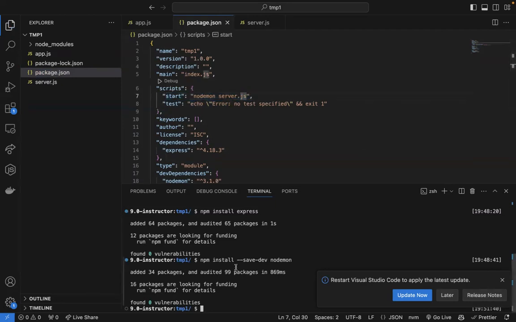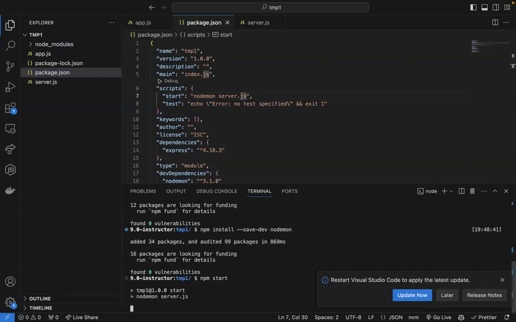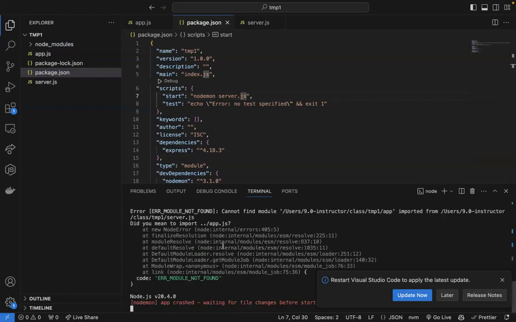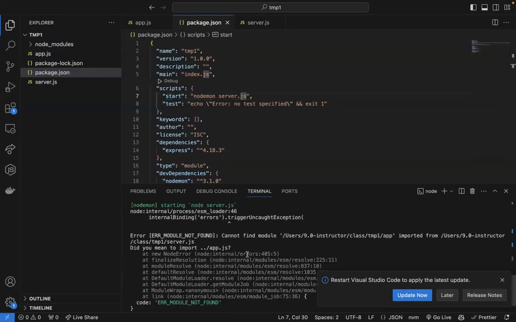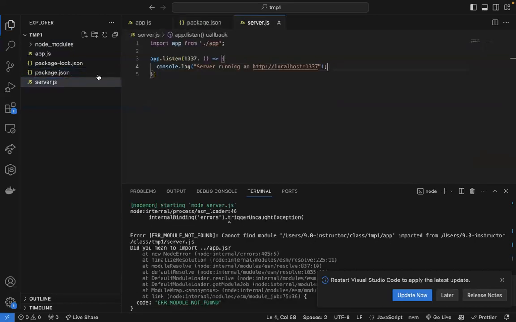So we'll save that, go to our terminal, and we'll do npm start. And with that, it looks like it was able to run nodemon, but it says it cannot find module tmp1/app, and that's because in server.js,